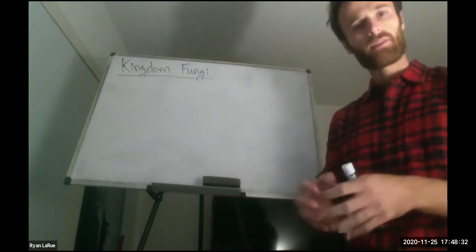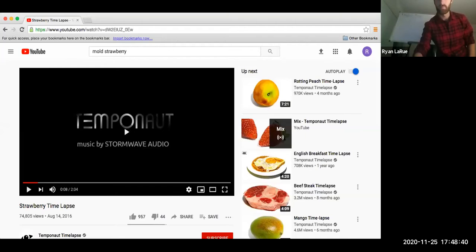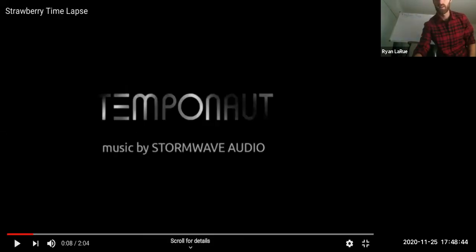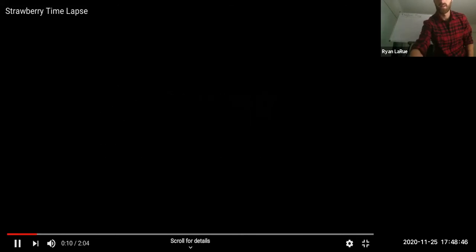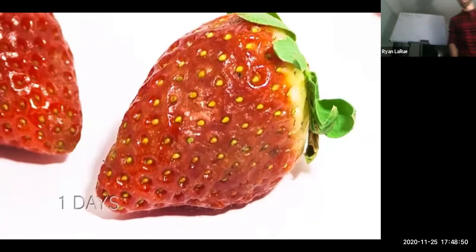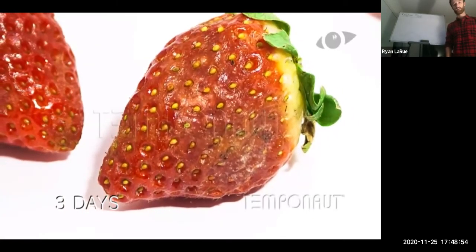And that's why your mold gets bigger and bigger. So I'm going to show you a video of this process. It's fast forwarded, it's time-lapsed. So check this out. So, strawberry going bad.